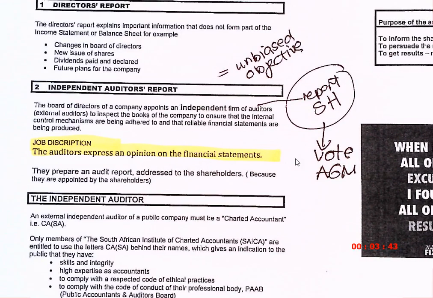Right? Let's say we write a test. What do me and Mr. Q do? We swap our packs. Am I going to remark Mr. Q's packs? No. I'm going to draw 3 scripts from his packs, 10%. I'm going to remark those 3. And he's going to do the same with my pack. If I do not disagree with how he marked, then I can assume that he's marked the rest as correct